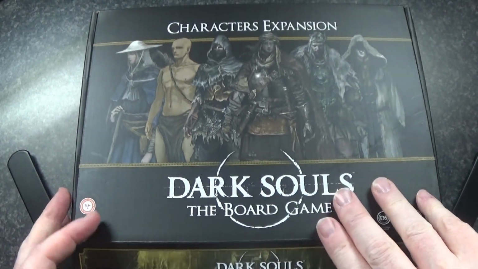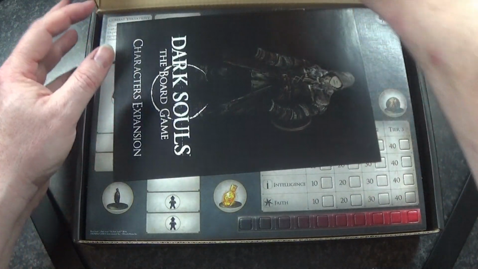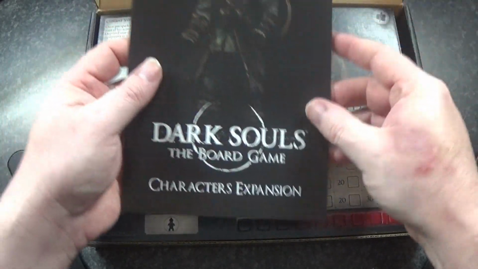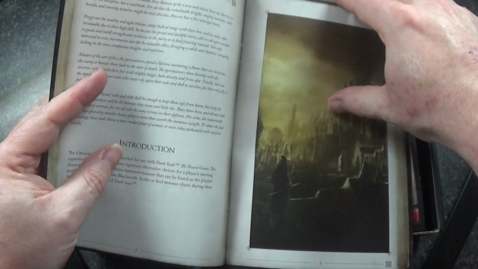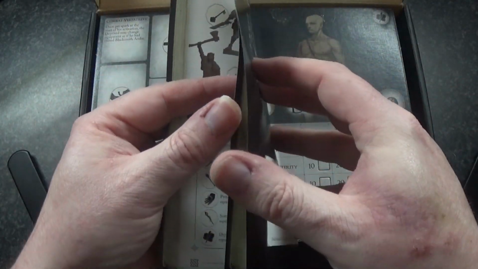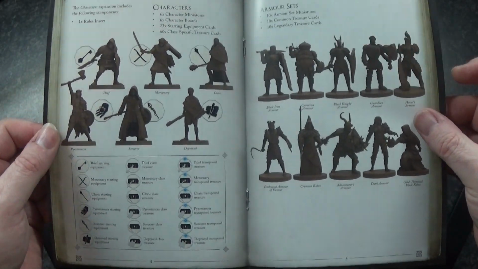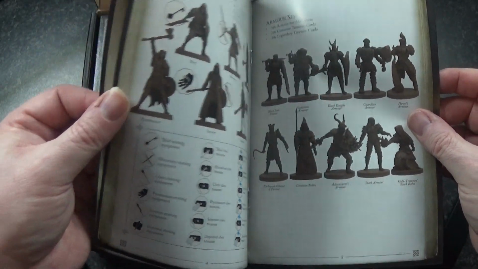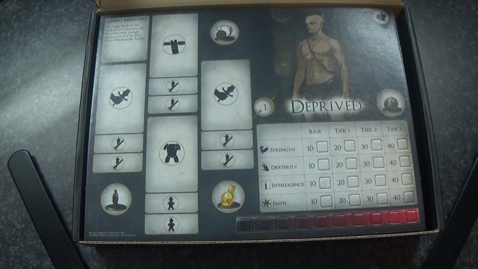Okay, so let us open this up and see what's inside. Again, it opens up like a pizza box, and we have the rule book. It's not as thick as the last one we did. It's just a couple of A4 pages stapled in the middle. That's it basically. But we'll pop it to one side,